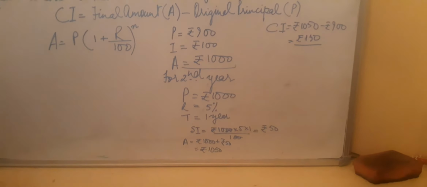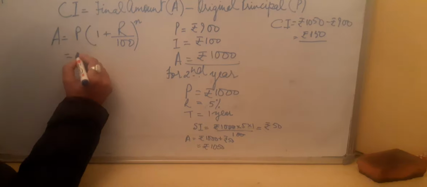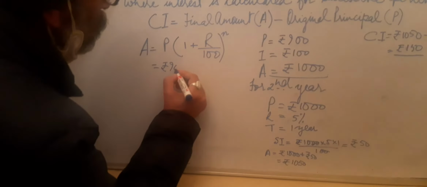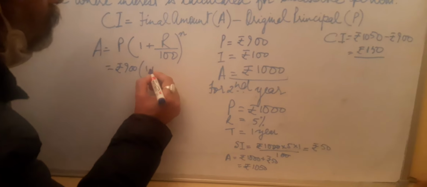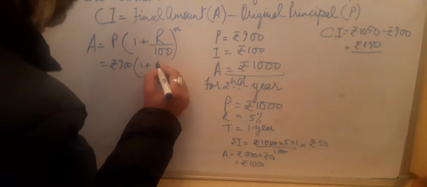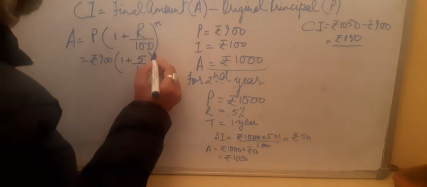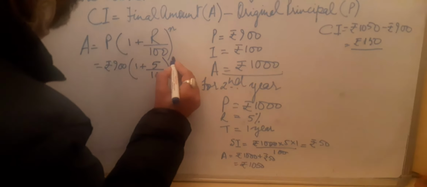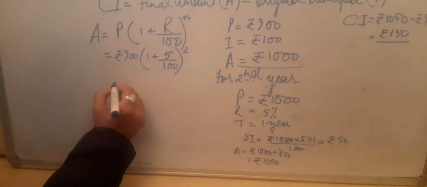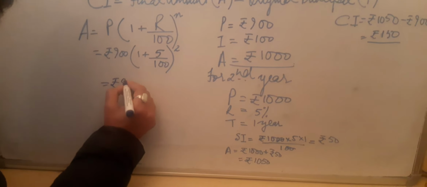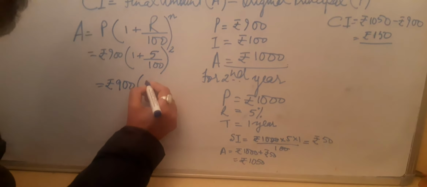raised to the power N. And suppose I take the same principal, that is rupees 900, 1 plus rate of interest I am taking as 5 only, and number of years is 2, this to the power of 2. That is equal to rupees 900 into